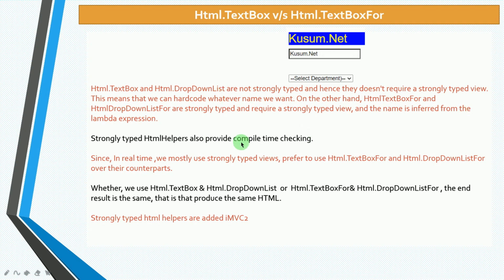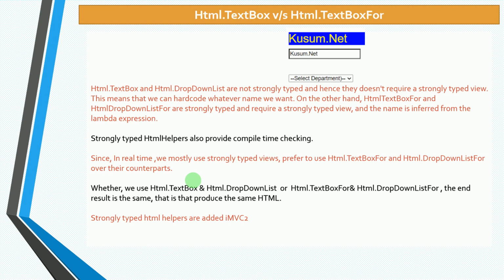So strongly typed HTML helpers also provide compile time checking. I will show you now. Since in real time we mostly use strongly typed views, prefer to use Html.TextBoxFor and Html.DropDownListFor over their counterparts, because the strongly typed views using DropDownListFor and TextBoxFor give compile time errors, so we mostly use these strongly typed controls, okay.